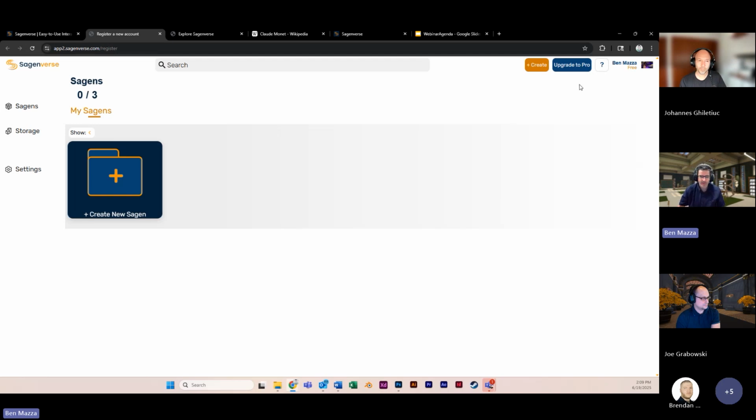So here is the main interface. As you start the application, you'll notice there's not a whole lot on your dashboard because, quite frankly, you haven't made anything yet. So I'll give you a quick tour of the geography of this page and talk through some of the different